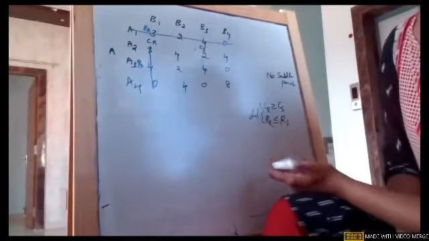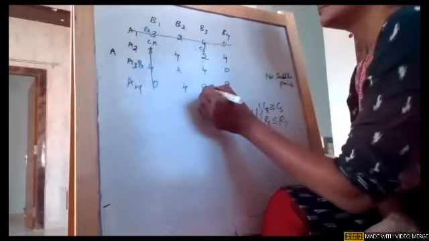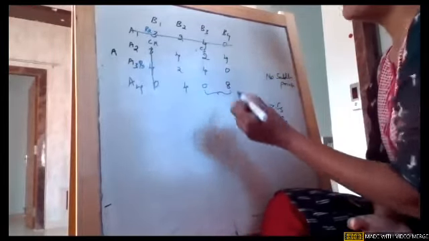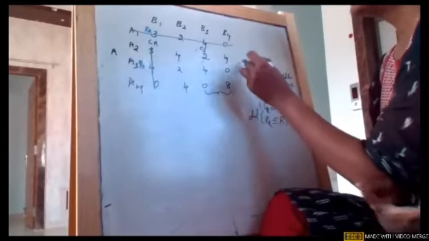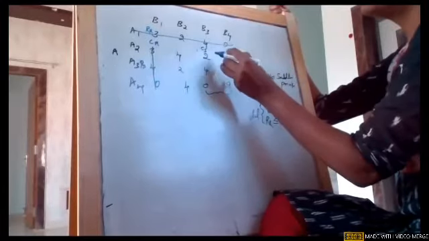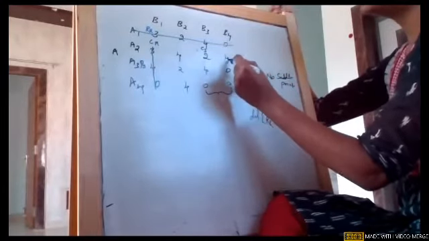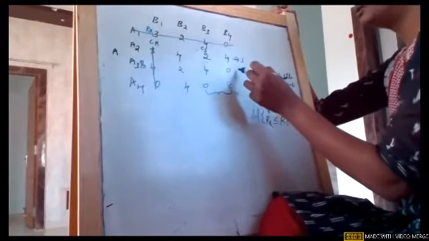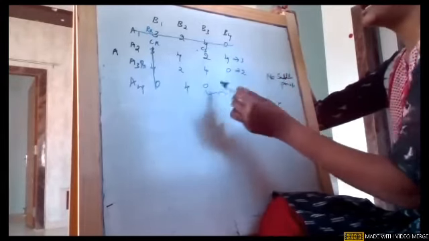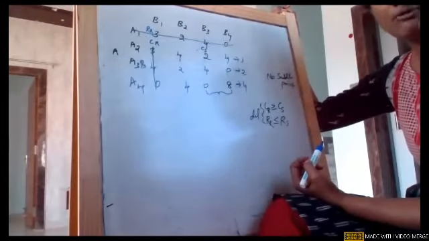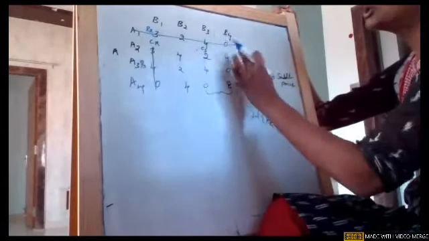So in what way will I take it? Now I'm just going column wise, girls. We will see. I'll just take the average of these two. So 2 plus 4 divided by 2, 2 plus 4 is 6 by 2, which is 3. 4 plus 0, 4 by 2, it is 2. Girls, I'm taking the average, and this is 4. So now I just took the average of the last 2 columns.